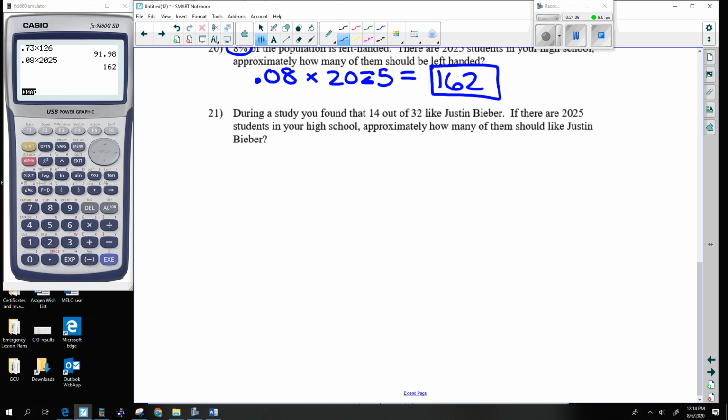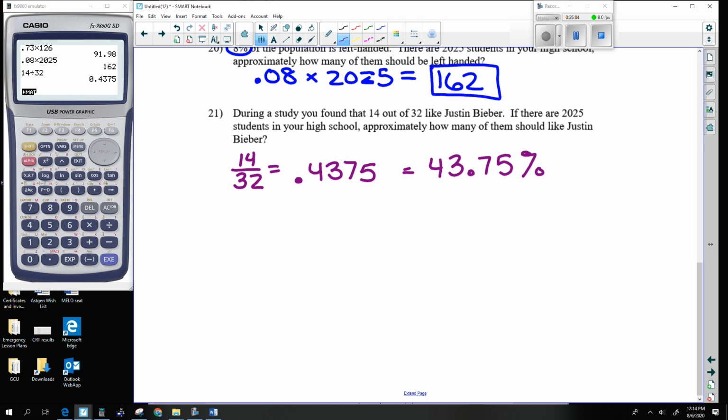We need to make a percentage, and then we need to use a percentage. Okay, so the first thing is to create our percentage, and that is 14 out of 32 people like Justin Bieber. So 14 out of 32 is 0.4375, okay, which is the same thing as saying